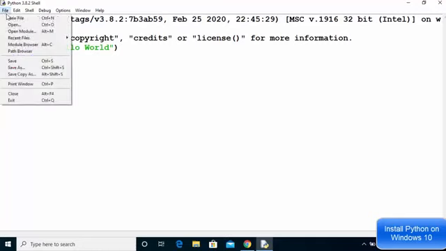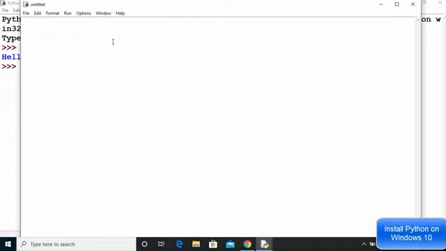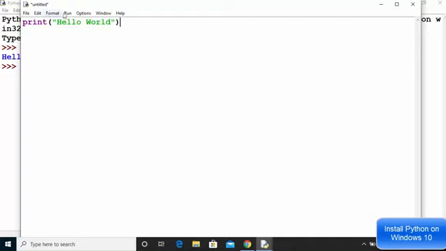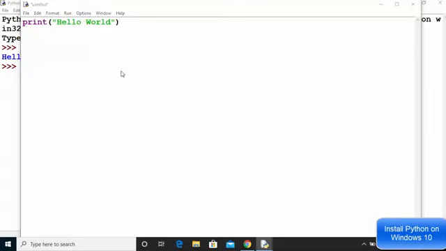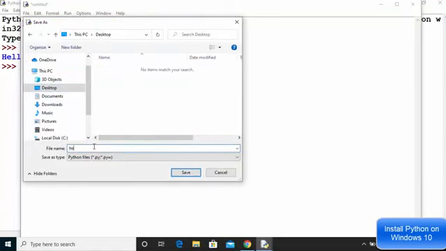If you want to create a new file, you can just click on file and then new file, and it's going to create a new file for you. So let's create a new file in IDLE, and then let's just write print, and then let's write hello world once again. Then you can just click on the run option and then click on run module, but before that you need to save this file. So file, and then just click on save, name your file and location. I'm going to just save this file on the desktop, and now I'm going to just name this file as hello.py and then press enter.